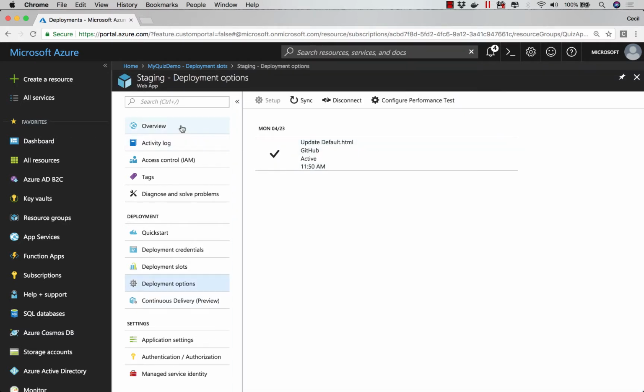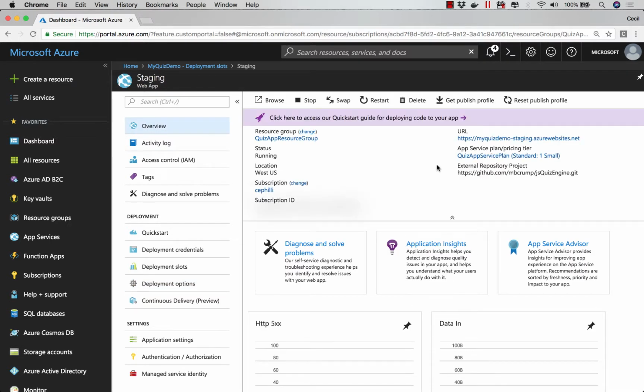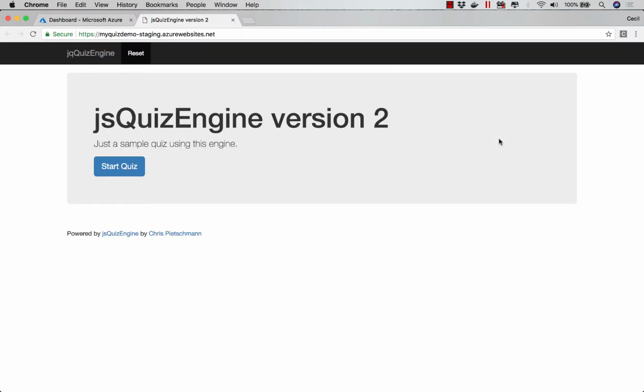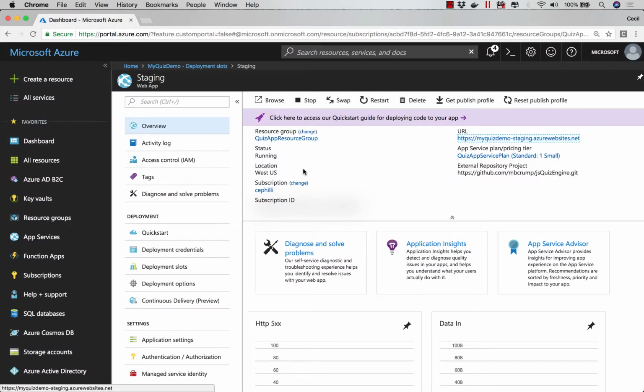Now that that's complete, if I go to Overview, and I'll click on my URL, I should see my application loaded up and ready for me to go. If we go back over to the Azure portal,